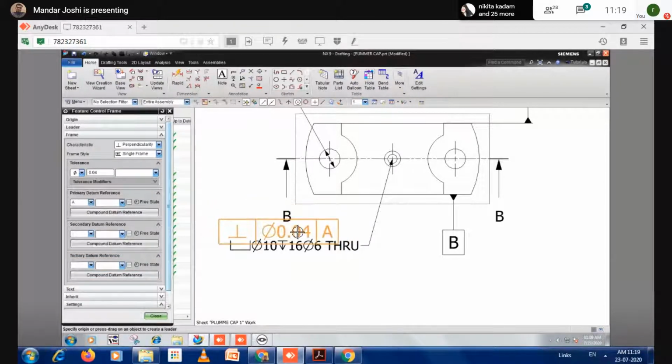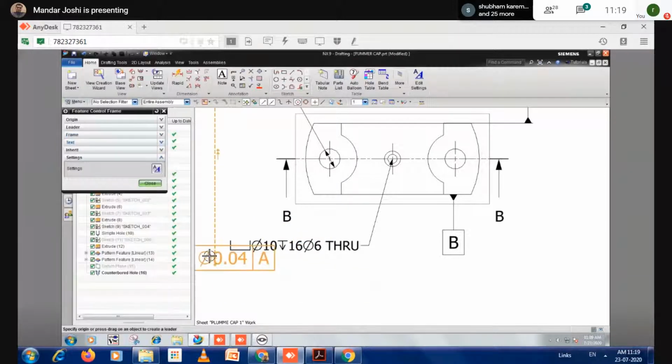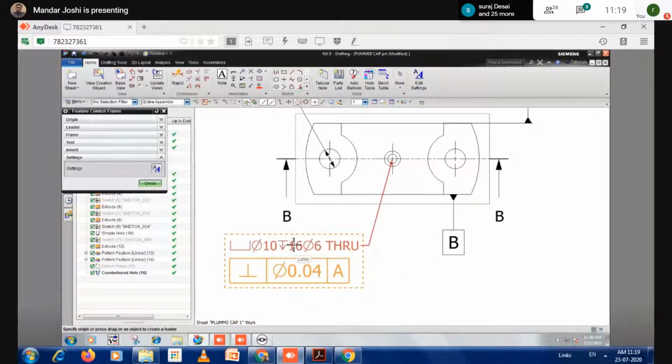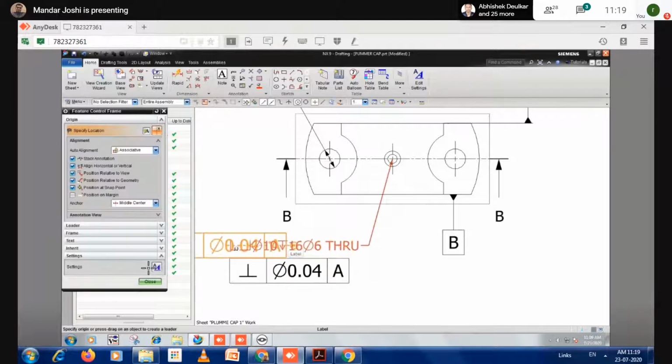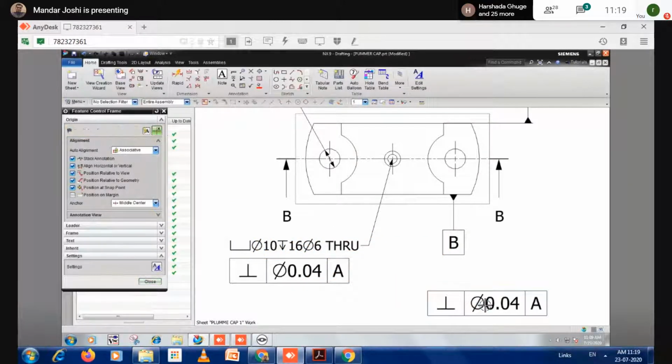So only 3 chambers are there, and you want to attach that to the dimension. How to attach? Just see. Try to move the mouse over this dimension. Once you get a dotted frame along with that dimension, then you have to click on that. Then it is attached to that particular dimension. Otherwise it will be added as a text. If you click over here, then it is added as a text, so there is no leader line, and it is not even added to the dimension.